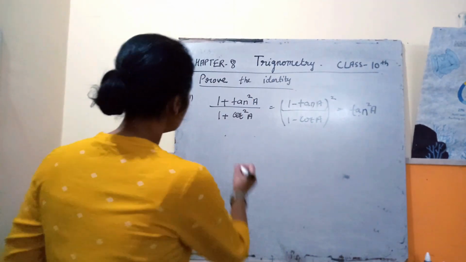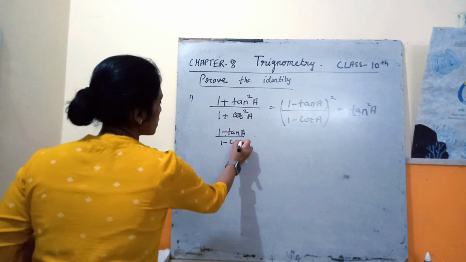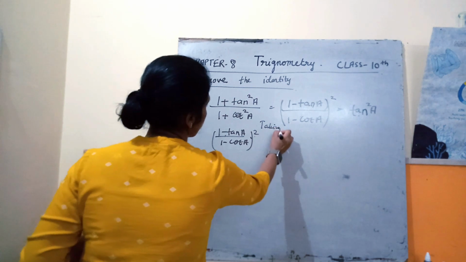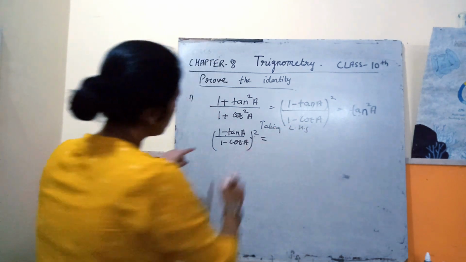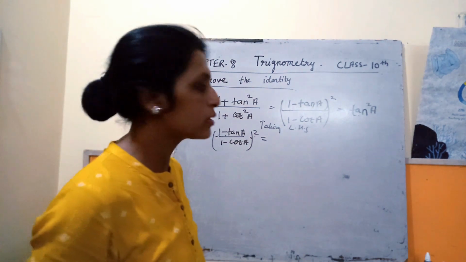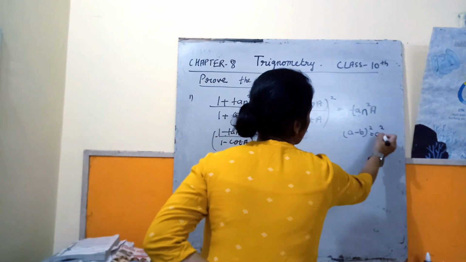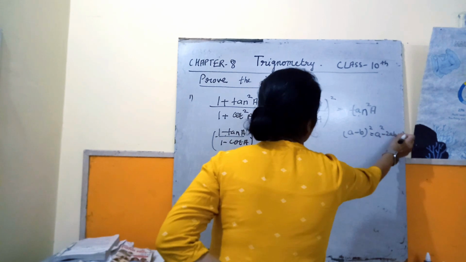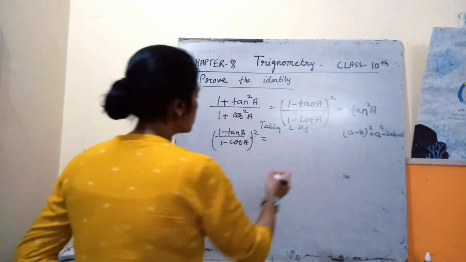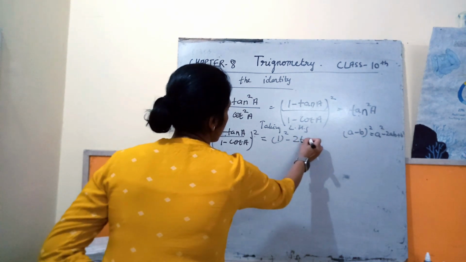This is ((1 minus tan A) upon (1 minus cot A)) whole square. We are taking the left hand side. Now we can expand it by the formula of (A minus B) whole square. (A minus B) whole square is equal to A square minus 2AB plus B square. So here A is 1 and B is tan A. So it will be written as 1 square minus 2 tan A